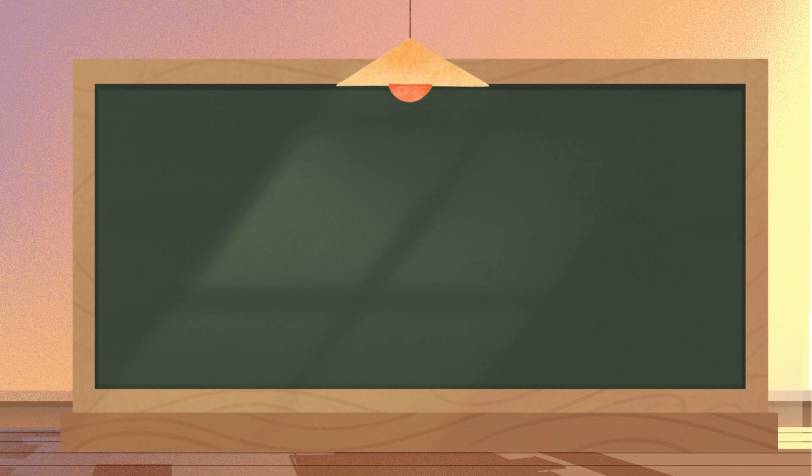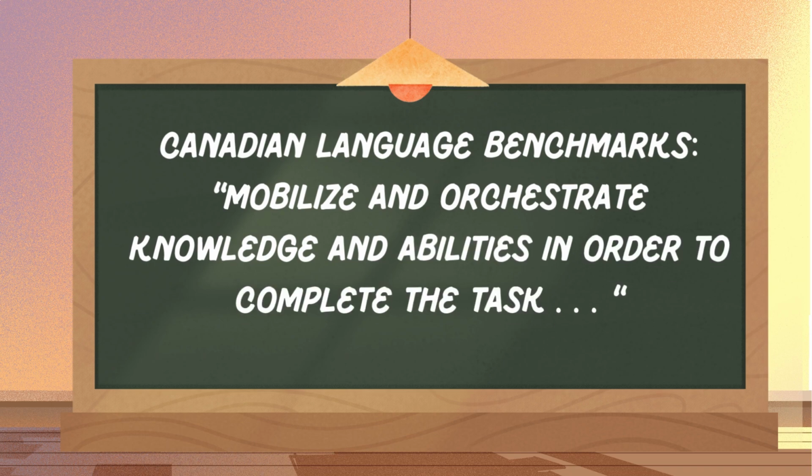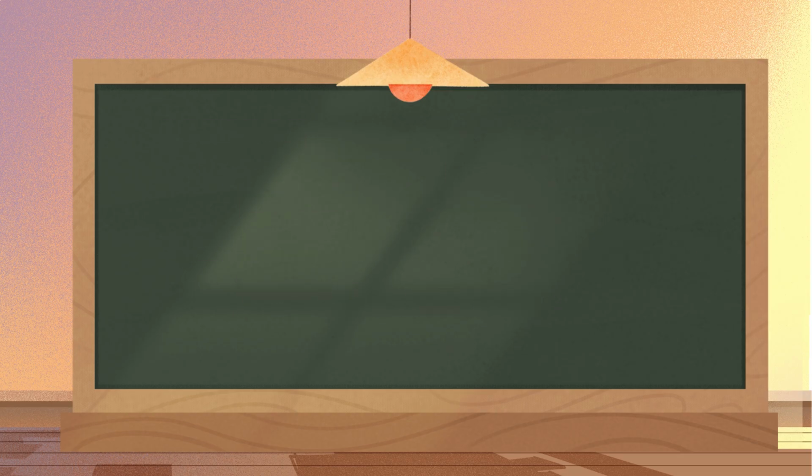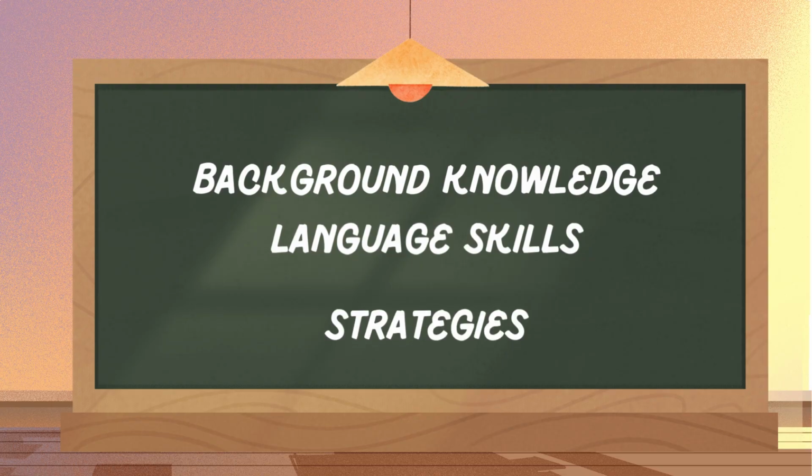What's going on here? A guide to the Canadian language benchmarks says that communication tasks require learners to mobilize and orchestrate knowledge and abilities in order to complete the task. What are the elements this student is mobilizing? Looking into the student's mind, we see a mix of background knowledge, language skills, and strategies that he is applying